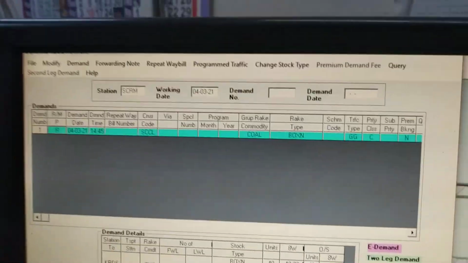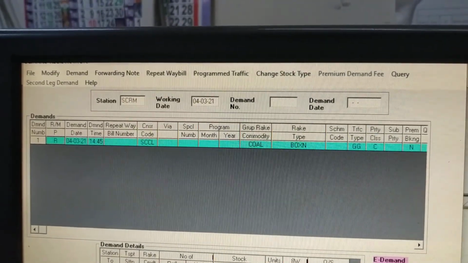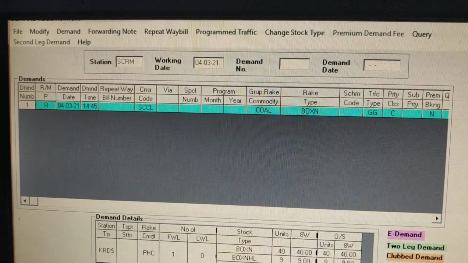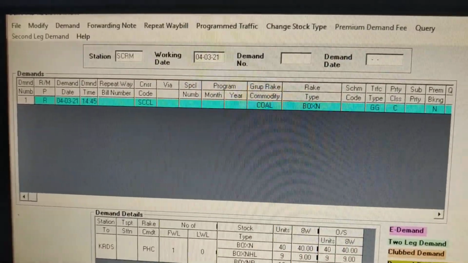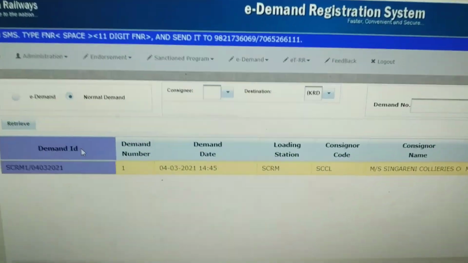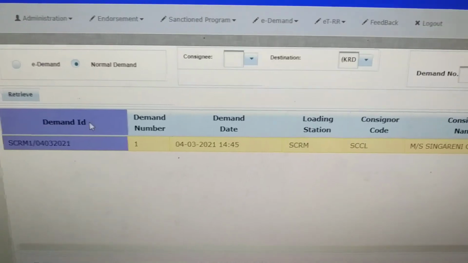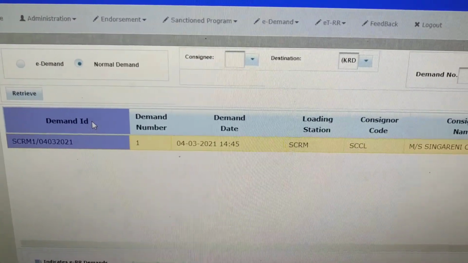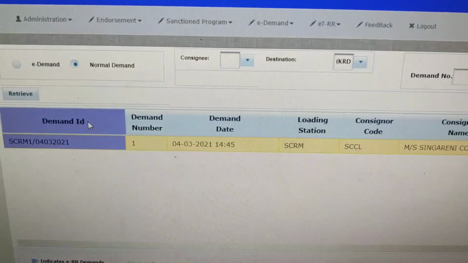All are requested to go through the video once again and follow the process whenever a manual demand is placed. And one more important thing, both the consignor and consignee should be registered for e-demand.